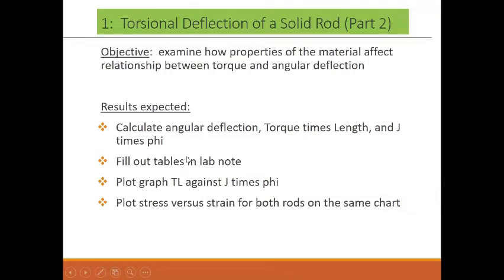And so therefore, of course, if you were in the lab, you're going to fill out this table. And then you need to plot TL against J times phi. And if you plot TL against J times phi, of course, you're going to have a graph. And then I want you also to plot stress versus strain. You can calculate torsional stress. You can calculate shear strain, right? So you all should be able to plot stress versus strain, right? And if you're looking at that torsional stress, torsional strain, and then you're looking at TL versus J times phi,